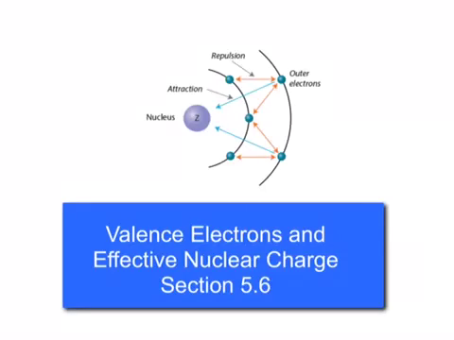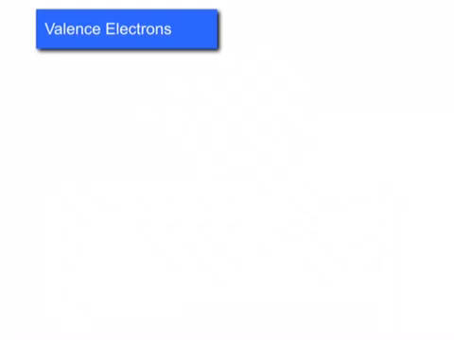Today I'm going to talk to you about valence electrons, and we're going to go over some concepts called shielding and effective nuclear charge, which are going to help us make predictions about periodic trends tomorrow in class. Now, if you remember back to the last video that you watched, we talked about nitrogen and we did the electron configuration for nitrogen. So nitrogen has 7 electrons, but when we did the abbreviated configuration, we saw that the